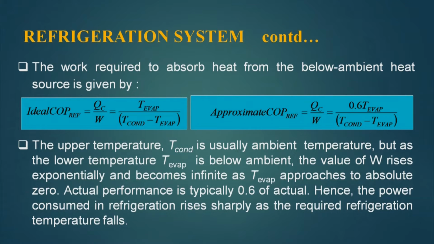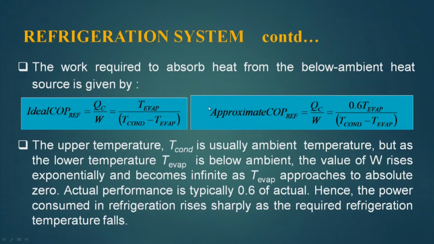The work required to absorb heat from the below ambient heat source is given by this. We define a COP, and this is QC, that is heat rejected into the condenser, divided by the work done to lift the heat from a lower temperature to a higher temperature, and this is equal to T evaporator divided by T condenser minus T evaporator. Now, this is an ideal COP,